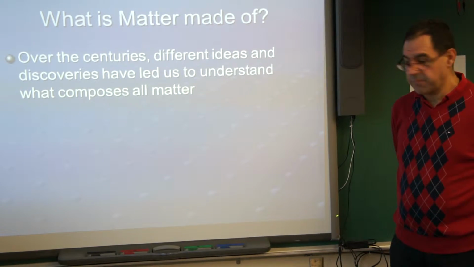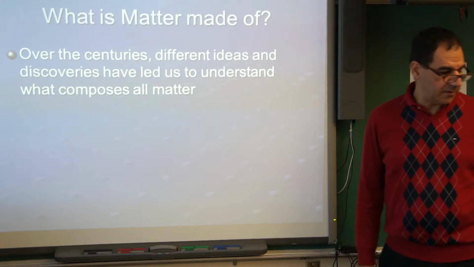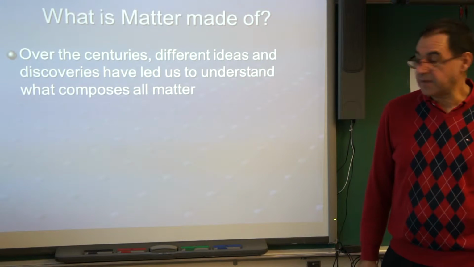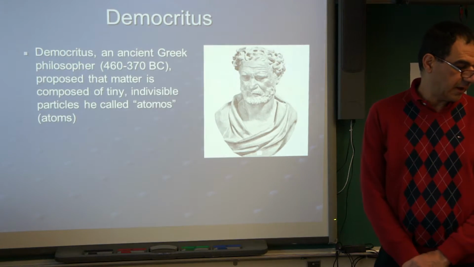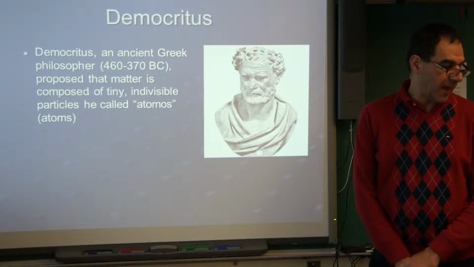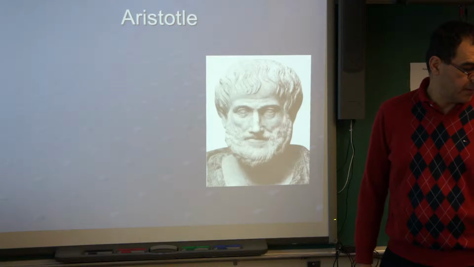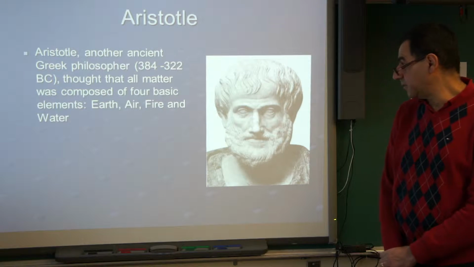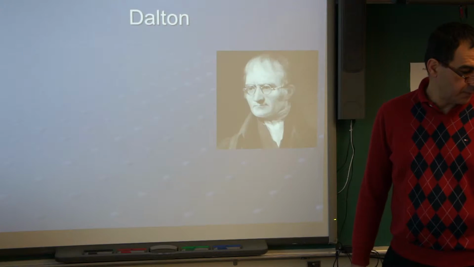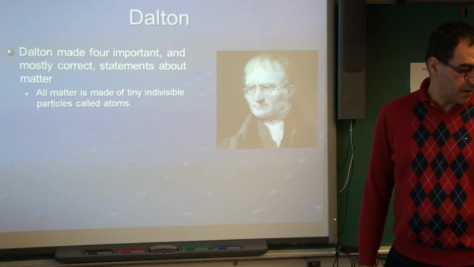Today we're going to be looking at matter and the periodic table. There have been different theories over the past centuries as to what matter is composed of. Democritus, an ancient philosopher, talked about atoms as being indivisible particles, particles that can't be divided. Aristotle said that matter was made of earth, air, fire, and water, while Dalton said matter was made of tiny,